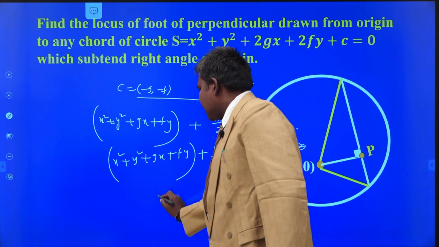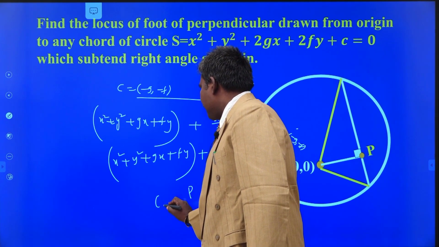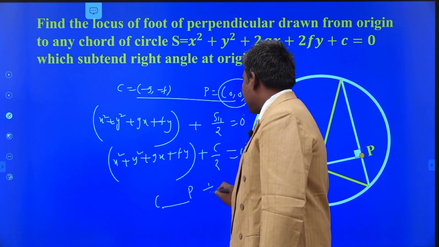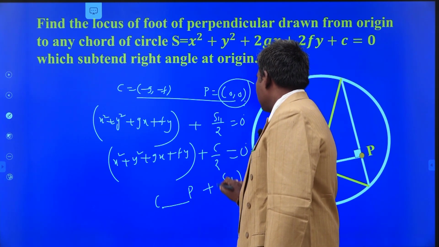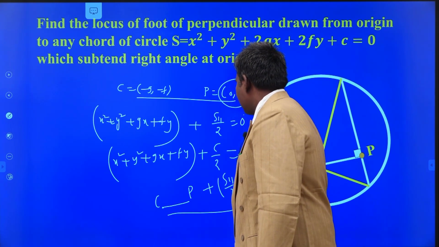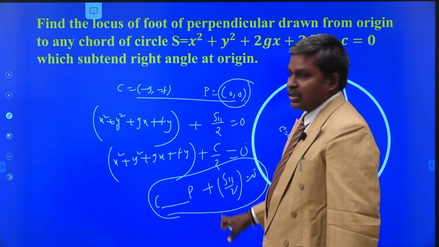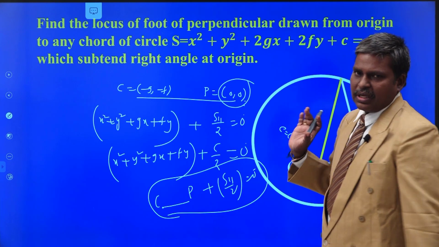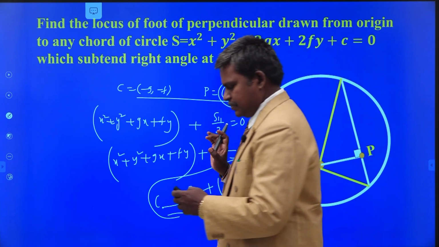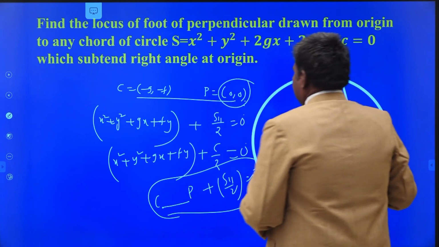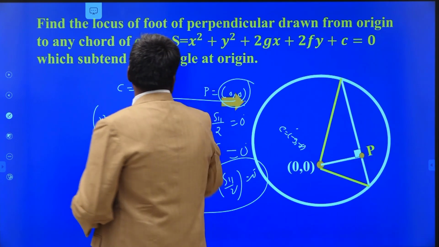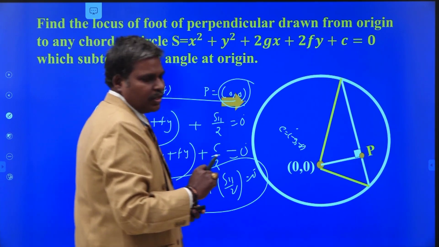So consider the center of the circle and take the given point. You have to write the equation of the circle with CP as diameter plus S11 by 2 is equal to 0. Use it for your required locus. But in your subjective problems, don't write in this manner. You have to prove the above method. Okay. This is the corresponding diagram to this problem. Do you understand or not? Okay.